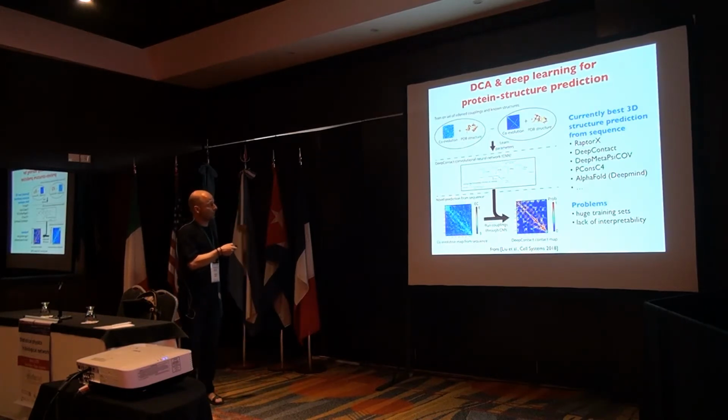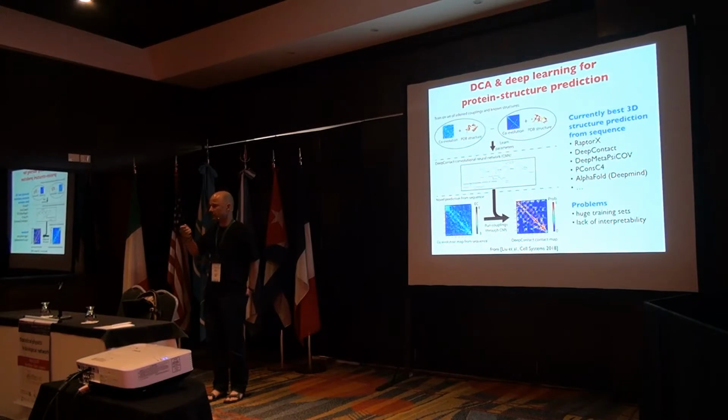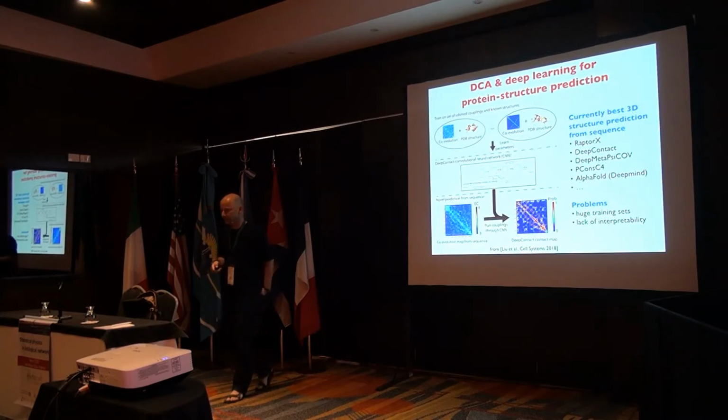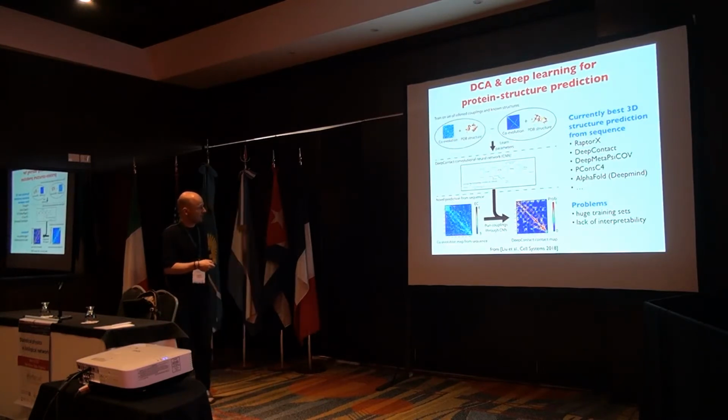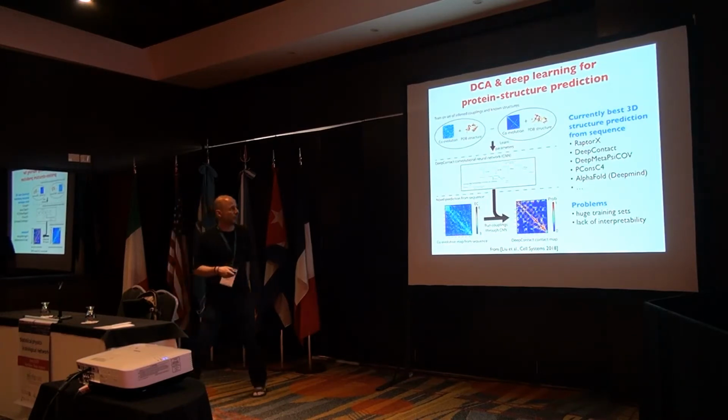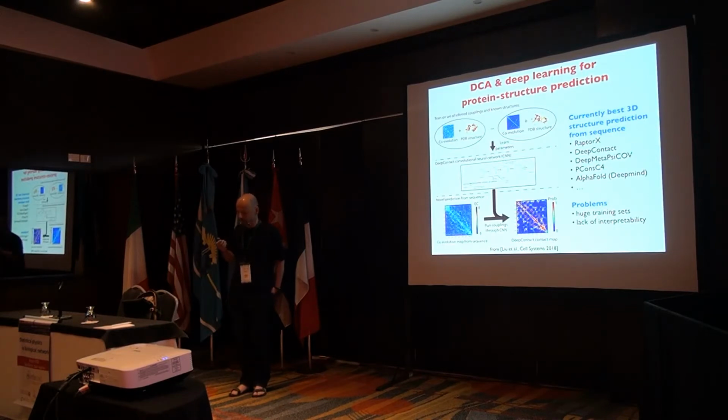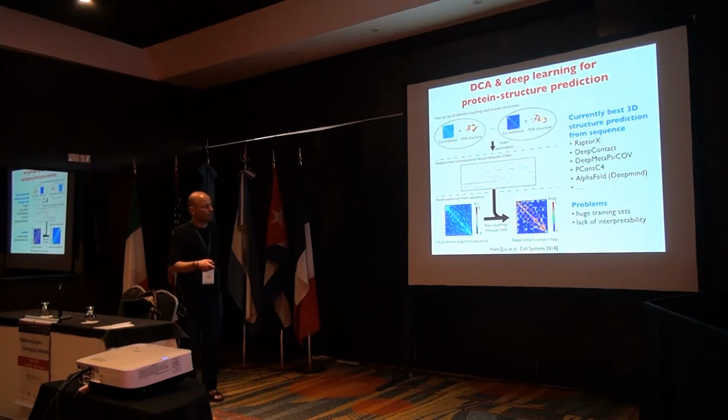So let's do this coevolution plus the real structure. In the cases where we know the answers, do some supervised learning, and this is now done typically with deep convolutional neural networks. And then you can improve actually by structural supervision the contact map prediction. There's a whole list of tools doing this, in particular for prediction of contacts inside single proteins. And probably the most known is the one by DeepMind, because DeepMind is more known than, I don't know, Jim Book-Su or David Jones. And they have done this AlphaFold, which went to the press about 2 years ago.